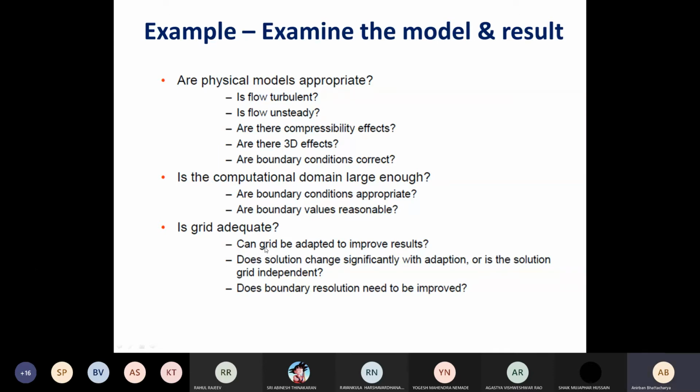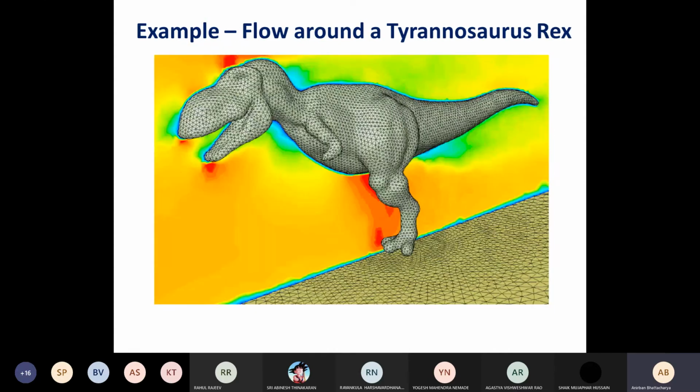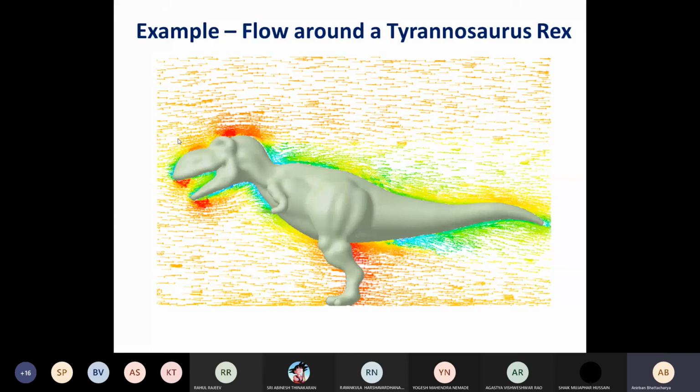Okay. And there are different ways to improve the grid. For example, again, considering this case, some sections may be very important. The flow comes here and here there is rapid change in flow. In this direction, there is rapid change in flow. But far away in this region, there is not much change that occurs. Or for example, in this region, there is very little change that occurs.